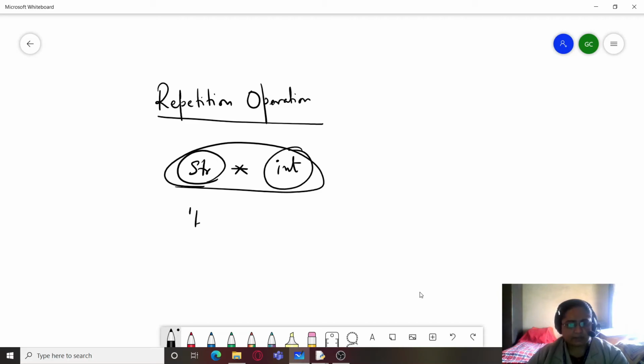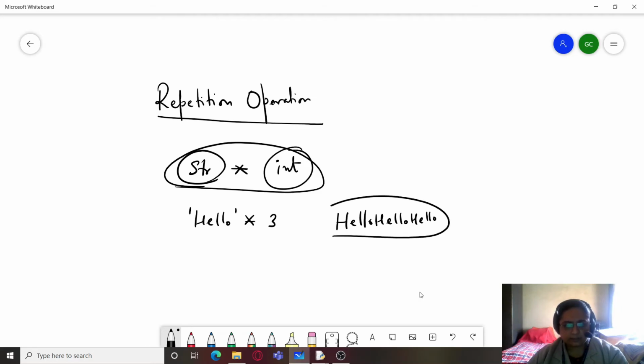For example, if I write hello and multiplied by 3, it will print hello, hello, hello, like this. So this is how it's going to handle this operation.